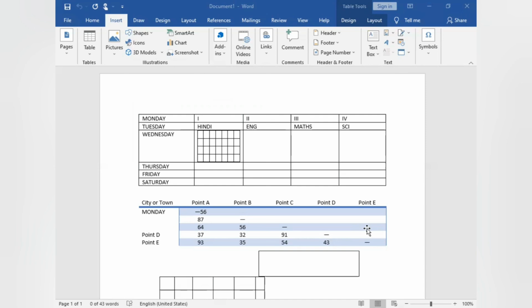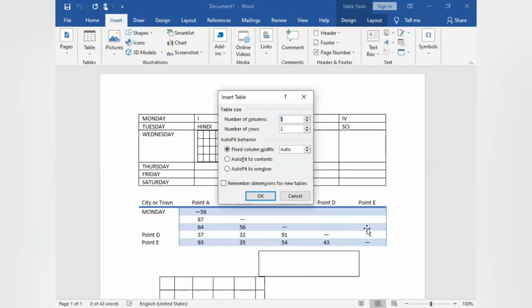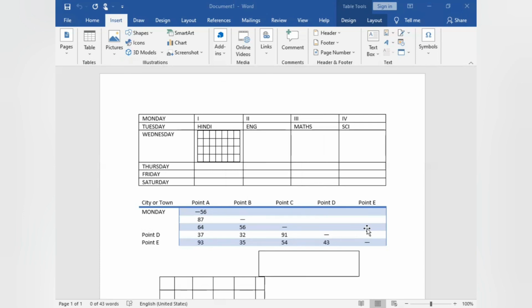Now, how can you format your table? I will tell you. These are different table layouts.